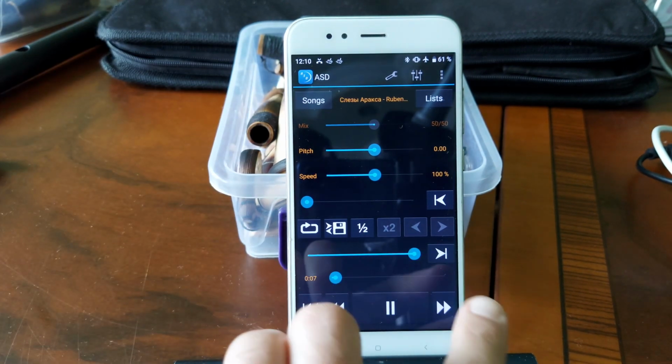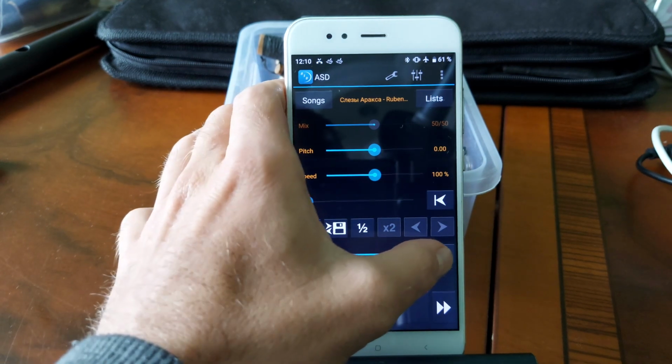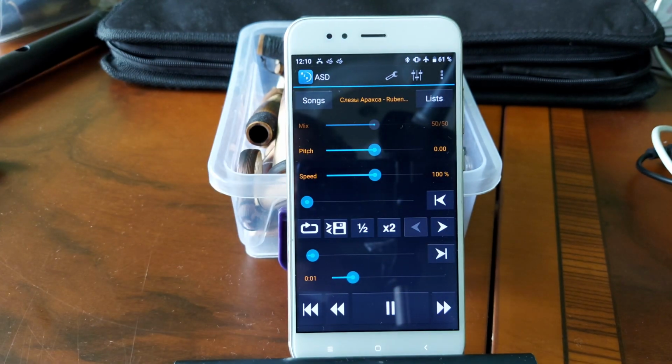And now I click here. You see how it works? And now I can try to understand what is being played and follow this phrase with my duduk.